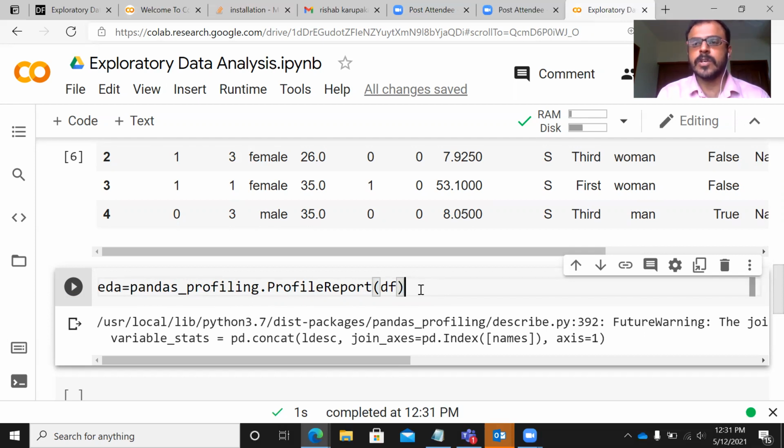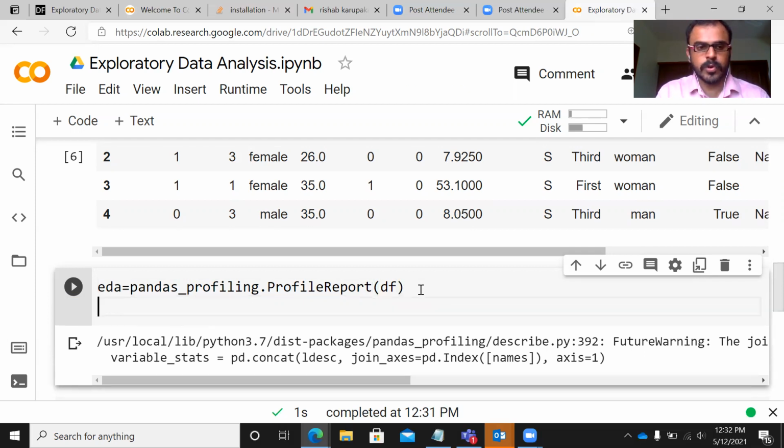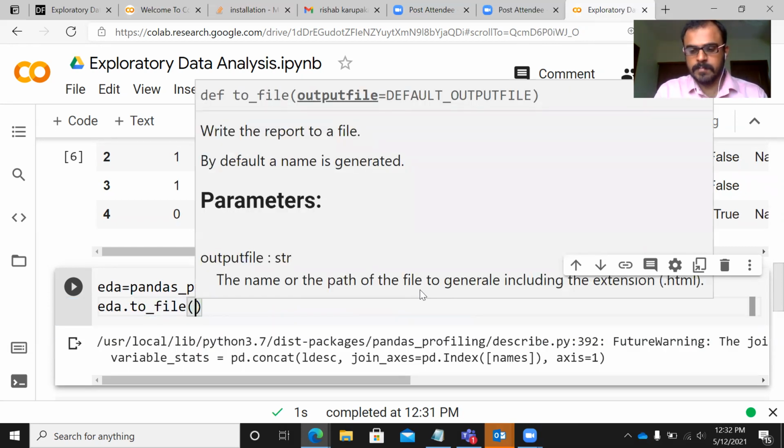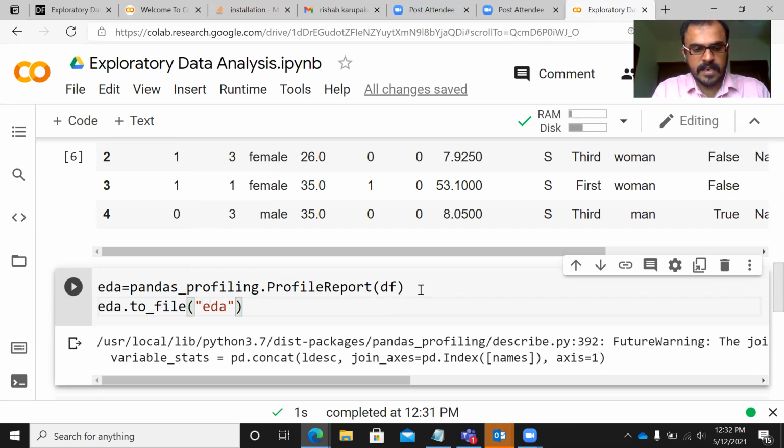At this stage, there are 2 things that you can do. One is you can print the output of the profile report here in Google Colab itself, or else you can do another thing, which is to convert this into an HTML file. I prefer an HTML file because it's a lot more interactive, and therefore what I'm going to do is call this file, use a function to_file, and within parentheses, I can just say EDA1.html. What this does is it takes the file EDA and converts this into an HTML file.